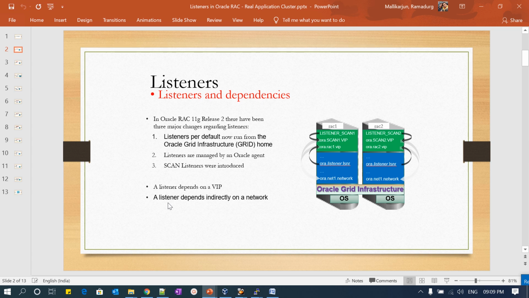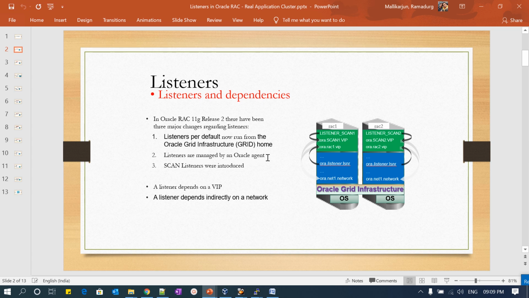So if you have installed your grid infrastructure, and then you install your Oracle home on top of that and create any RAC database, by default your listener will be running from the grid Oracle home. If you don't change it, it will always run from the grid Oracle home. If you want to tune it, you can have your local listener in that particular Oracle home and then manage it locally. But by default it will be managed in the grid infrastructure home.